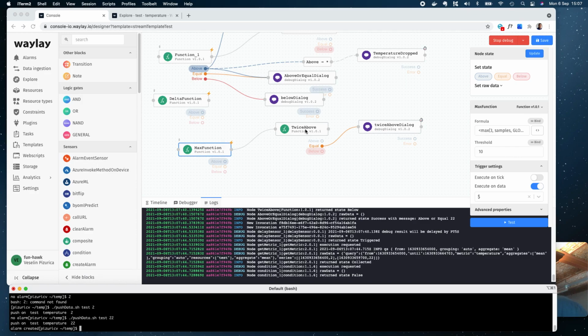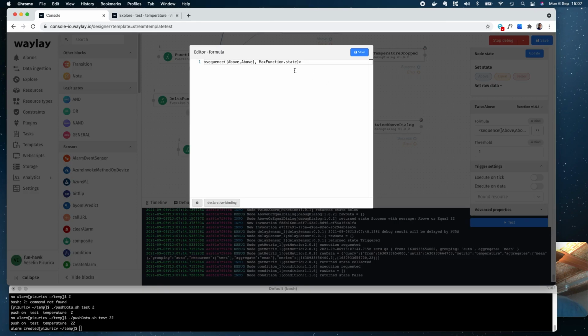The next thing we see here is "twice above." What is this one doing? It executes every time after the maximum function has executed. And what are we doing here? We are using another